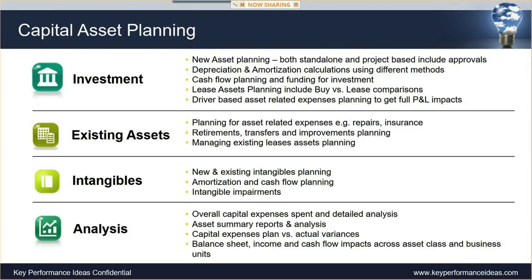Next, we have intangibles, which essentially functions as a hybrid between investments and existing assets. So because you can't actually lease an intangible, you have both new and existing intangibles within the same segment. Here you can also look at the asset's amortization and plan accordingly. And you can also update it to reflect any impairments that take place, which, like improvements, is crucial to maintaining